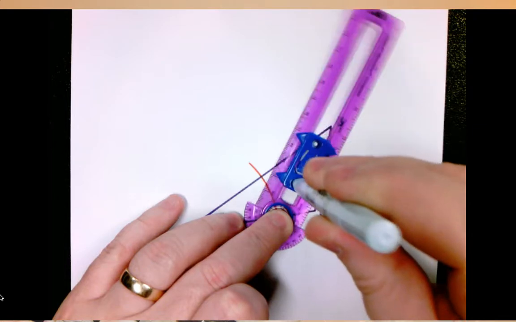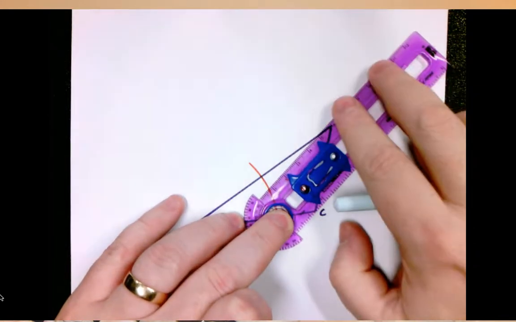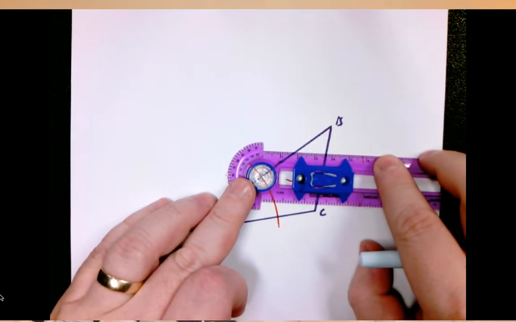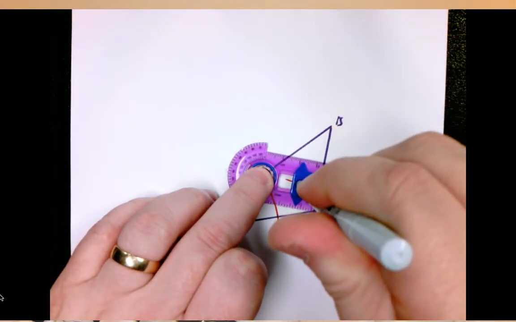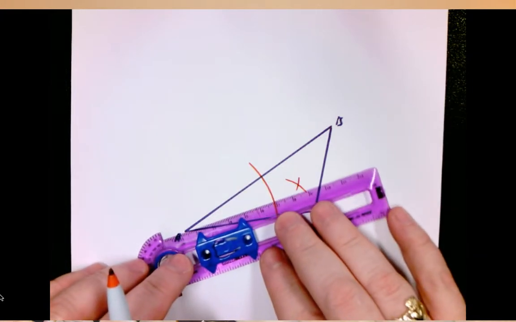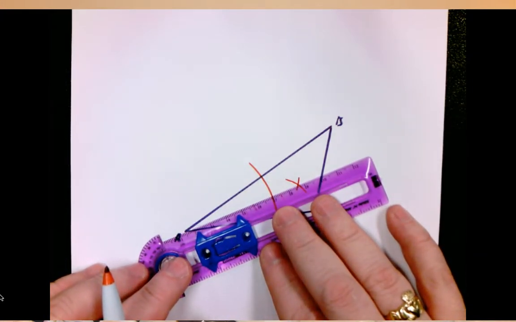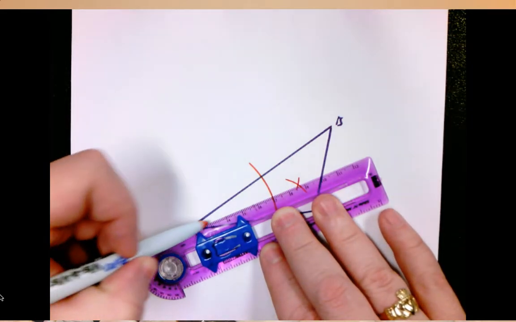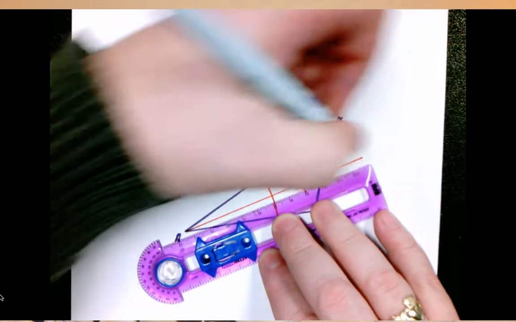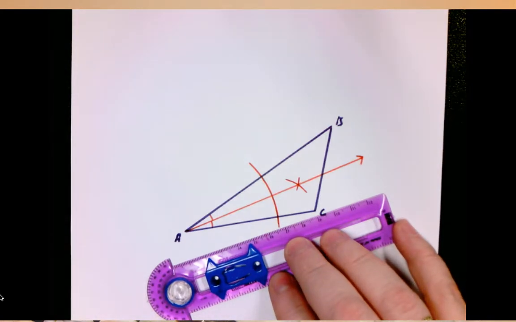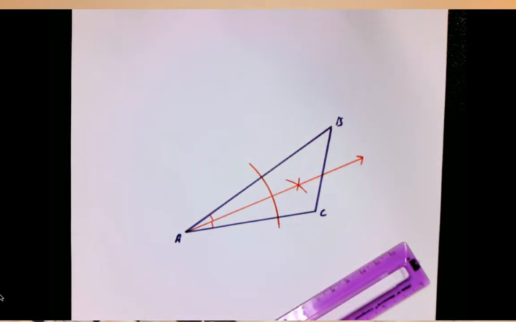So create an arc here, switch to the other intersection point, create another arc of equal radius. Those two arcs intersect, and then I can draw the angle bisector going from point A through the intersection of those two radii. And we have bisected angle A. We're now going to bisect angle C